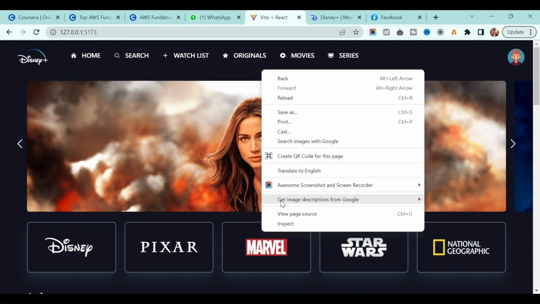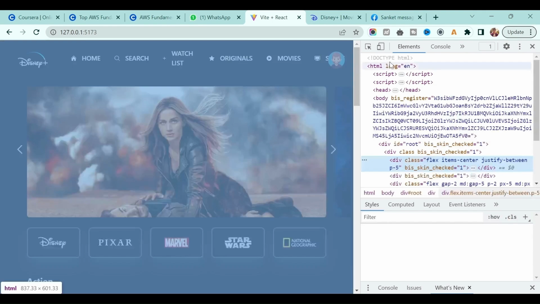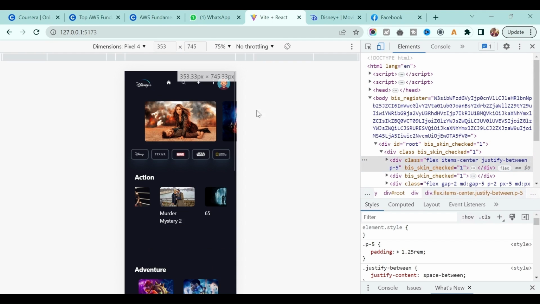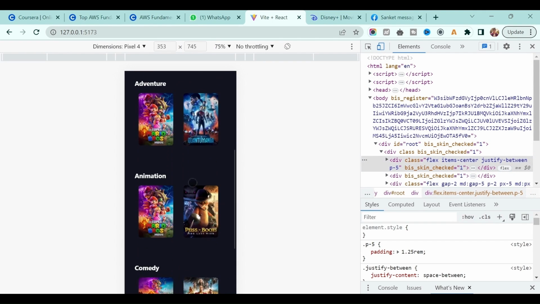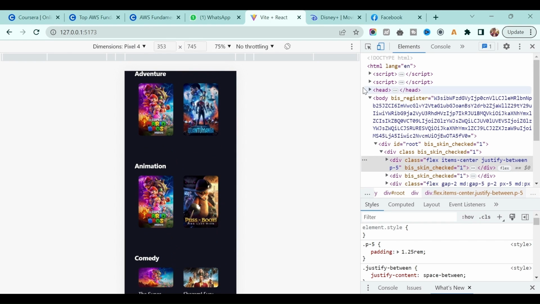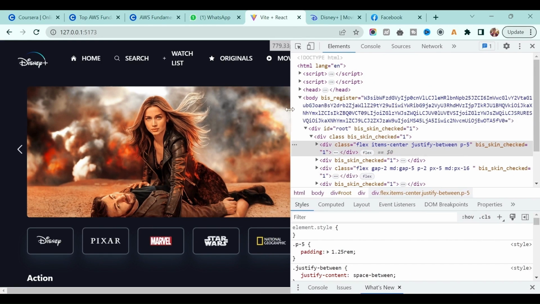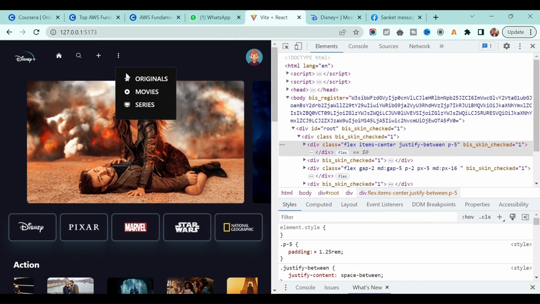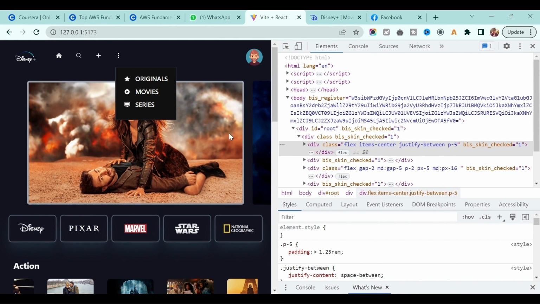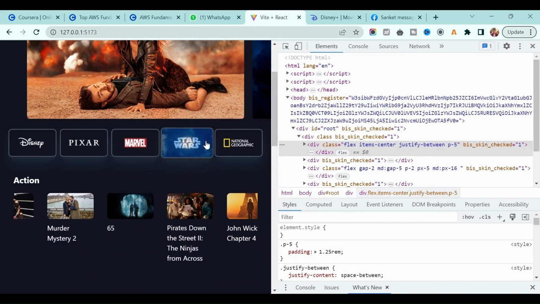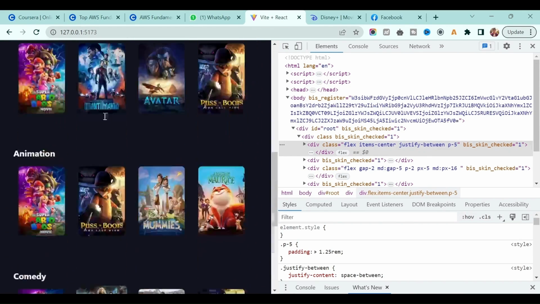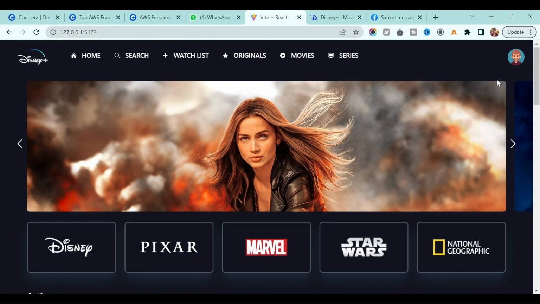Okay, and as I say, this is fully responsive, right? Even if I convert it into mobile view, you will see this particular beautiful section. And let's see, this menu also got changed. If I decrease the screen size, then the slider also, then this particular section, and finally the list of movies.